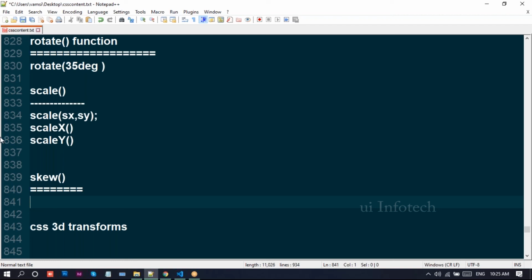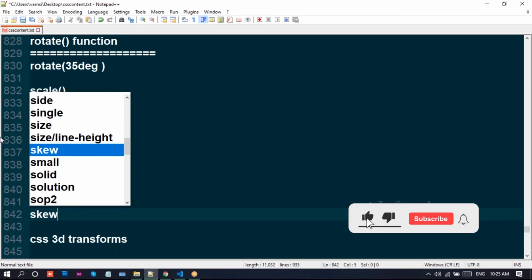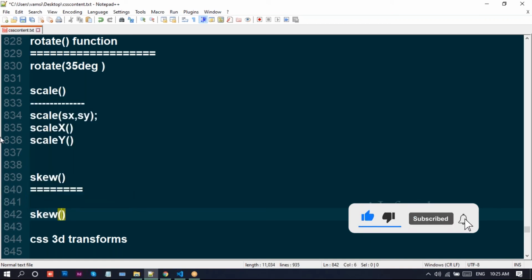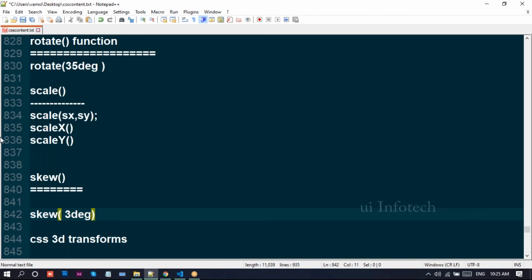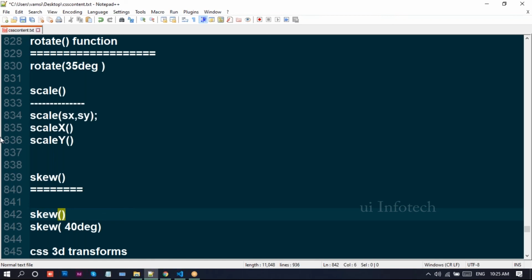I'll show an example of how to skew the elements. In the skew, we can provide only the angles. See here, in skew, we can write 3 or 40 or 5 like this, and we can write the syntax like x-axis comma y-axis.